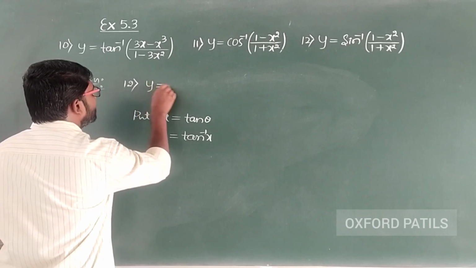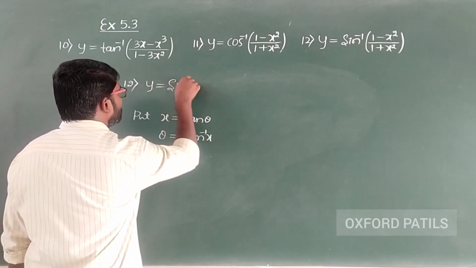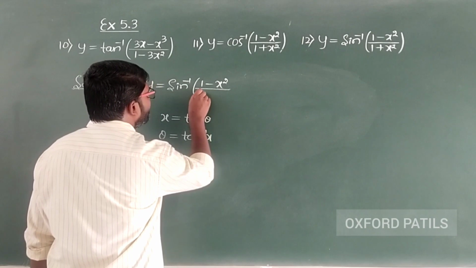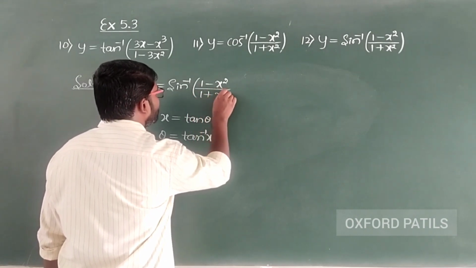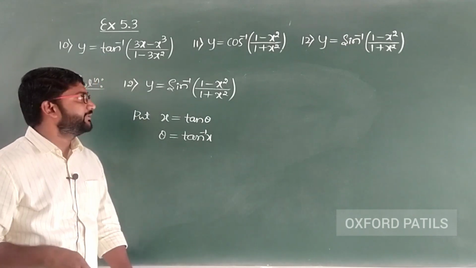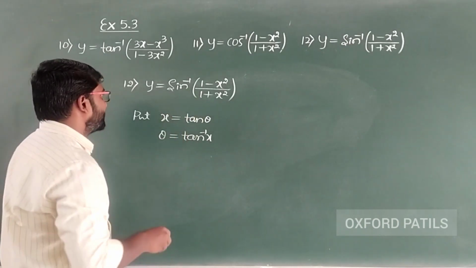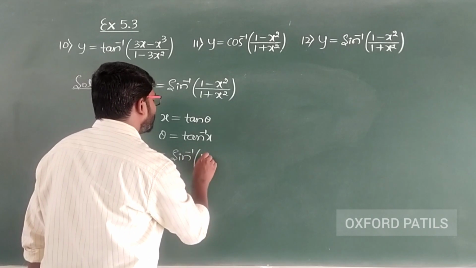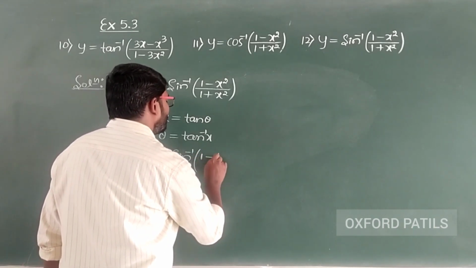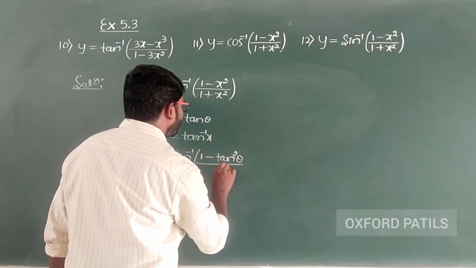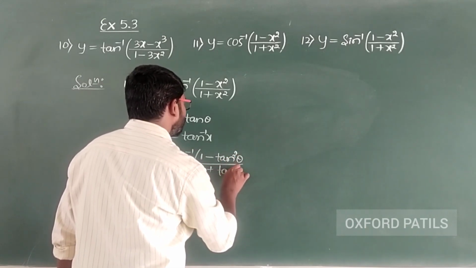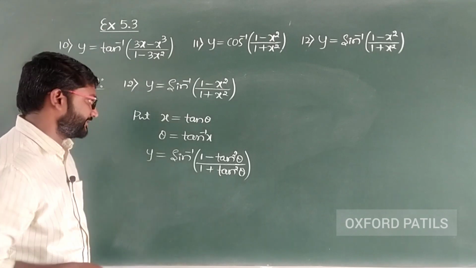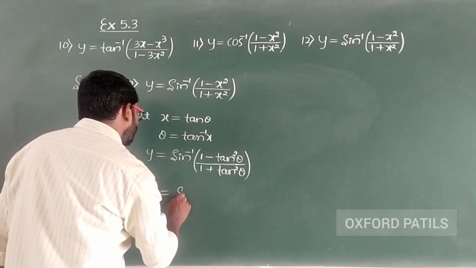y equals sine inverse of (1 minus x square) divided by (1 plus x square). The substitution remains the same. With the help of this we will have to rewrite the given function. y equals sine inverse of (1 minus tan square theta) divided by (1 plus tan square theta). What is this, 1 minus tan square theta by 1 plus tan square theta? This is nothing but cos 2 theta. So y equals sine inverse of